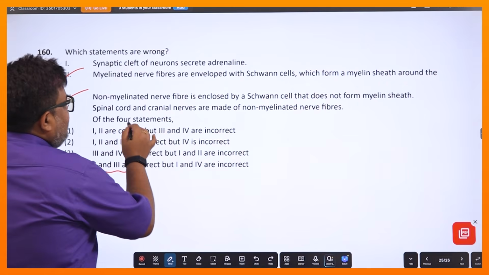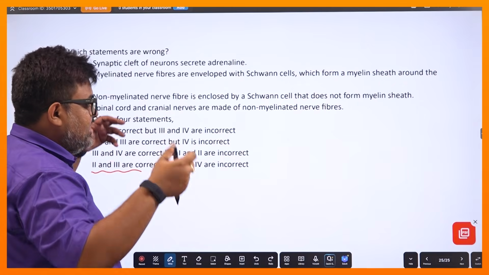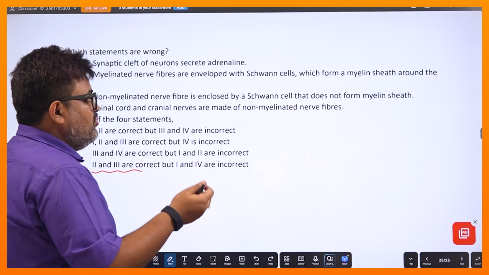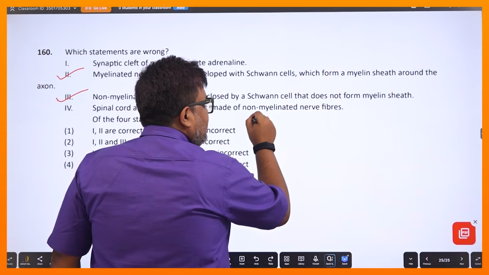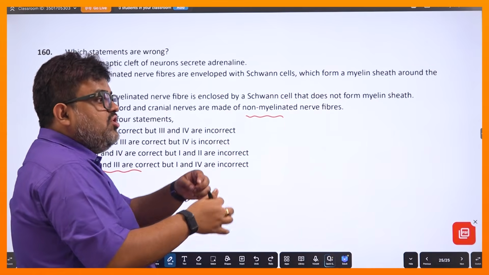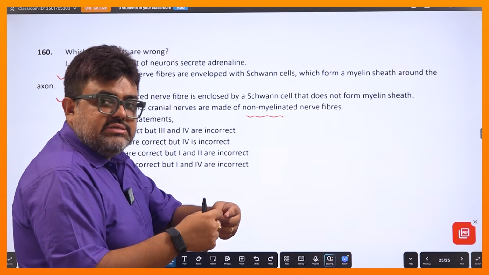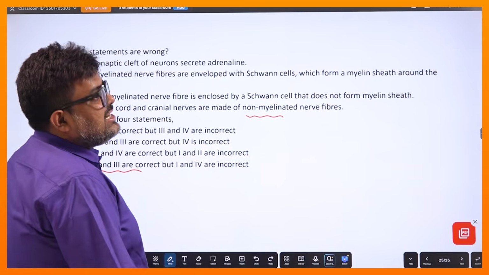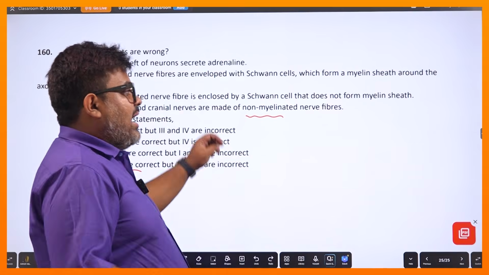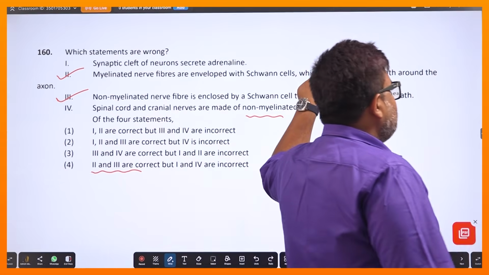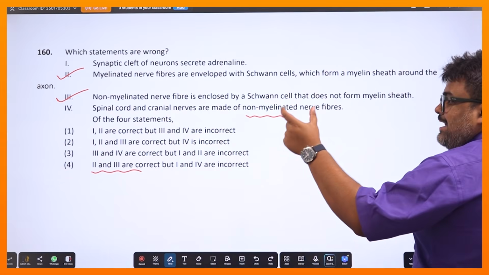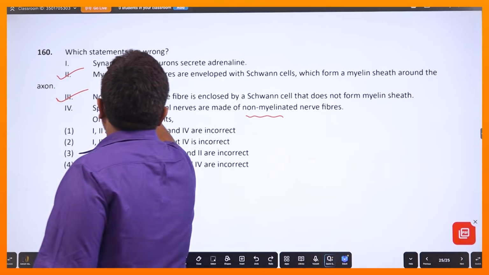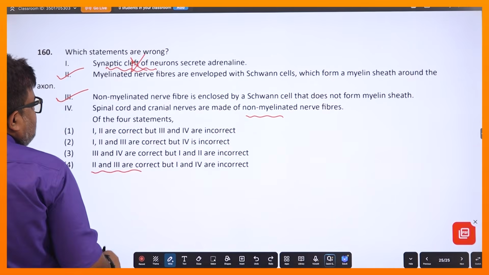1 আর 4টা এখানে স্পাইনাল কর্ড আর ক্রেনিয়াল নার্ভ, স্পাইনাল কর্ড থেকে যে নার্ভগুলো বেরোচ্ছে বা ব্রেন থেকে যে নার্ভগুলো বেরোচ্ছে ওগুলো তো মাইলিনেটেড হয়, কারণ ওদের ক্লোজ প্রক্সিমিটির জন্য ফর দ্যাট ইনসুলেশন দে নিড দ্য মাইলিন শীথ, তো ওরা মাইলিনেটেড হবে। আর সিনাপটিক ক্লেফট অফ নিউরন সিক্রিট অ্যাড্রেনালিন, এবার অনেকে বলতে পারে যে স্যার আমি তো এখানে এটাকে একটা নিউরোট্রান্সমিটার হিসেবে কনসিডার করতে পারি, তো ওটা সিনাপটিক নব বা অ্যাক্সনের এন্ডিংটা ওটা তৈরি করে, ওটা সিনাপটিক ক্লেফট তৈরি করে না, তো কাজেই এটা ভুল আছে, এটাই আনসার হবে।